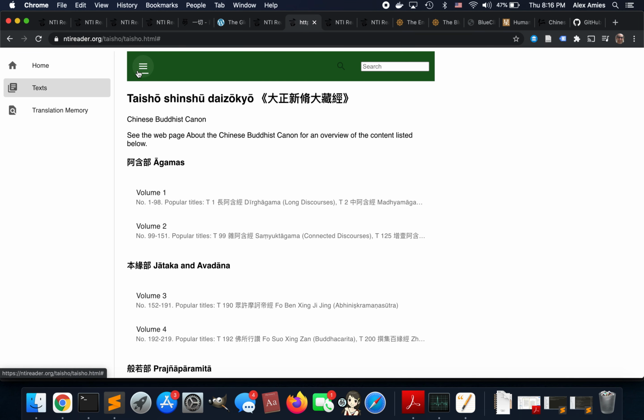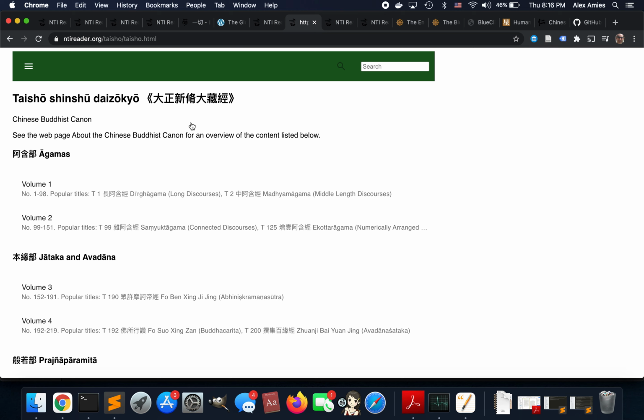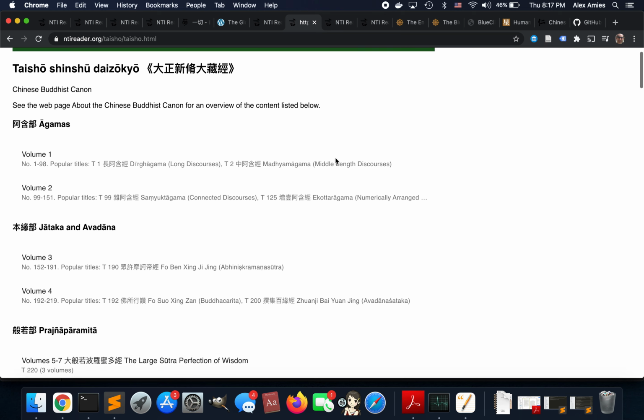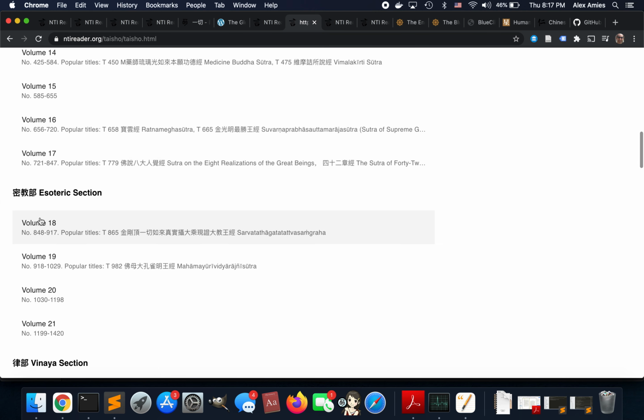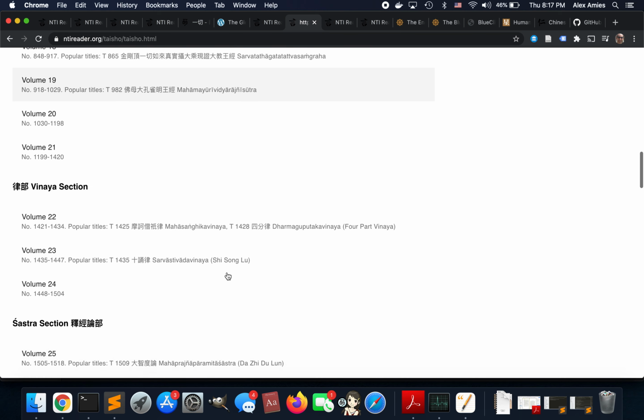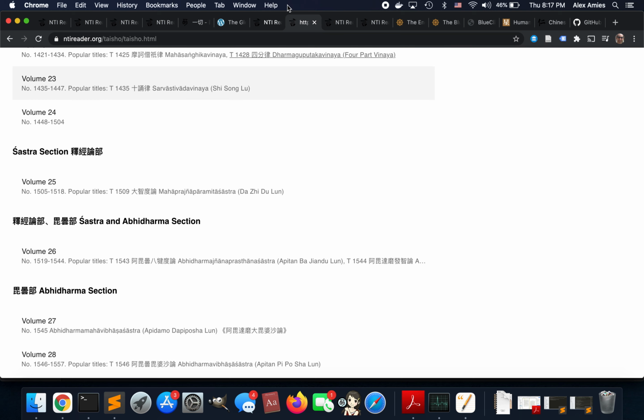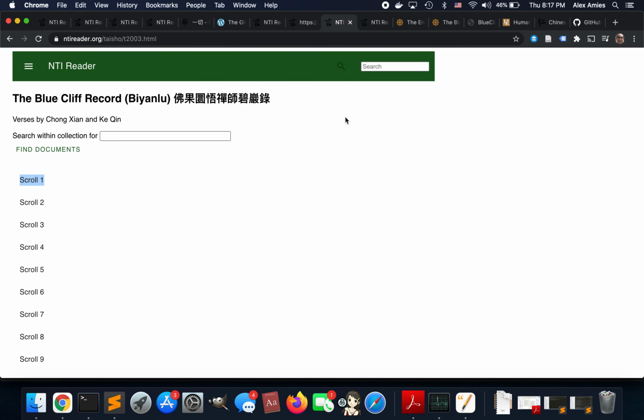So you go to the hamburger menu here, click on the hamburger menu, go to text, and you'll see the Taisho Tripitaka suggested here, and you can select any of the text here and just click on the volume, or the popular titles can be gone to directly, or you can click on the volume and see the full list. I have already opened up one for the Biyan Lu, which is the Blue Cliff Record,